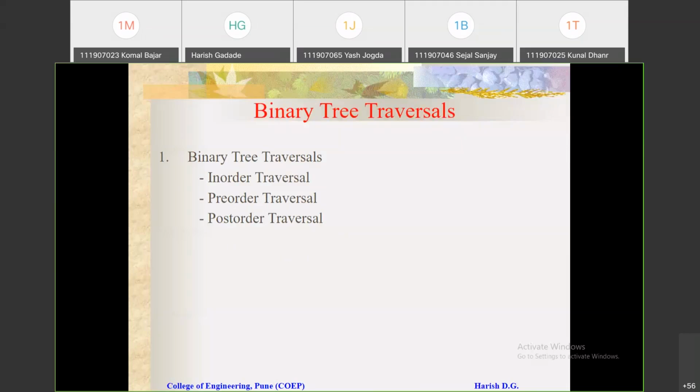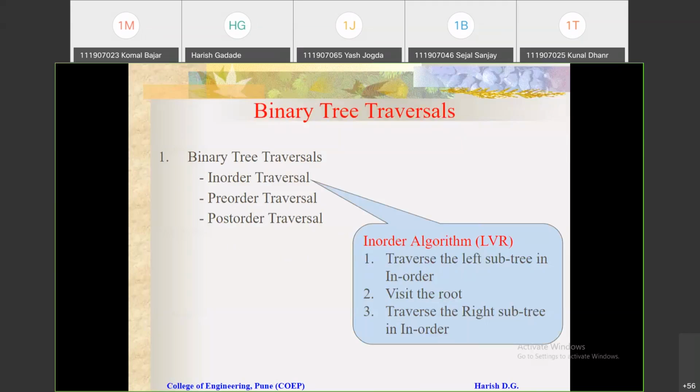So first one is the in-order traversal. It is having 3 steps only. See, in short, we can just memorize this word, that is LVR, right? Because it is having 3 steps, in-order traversal, first step is what? Traverse the left subtree in order.